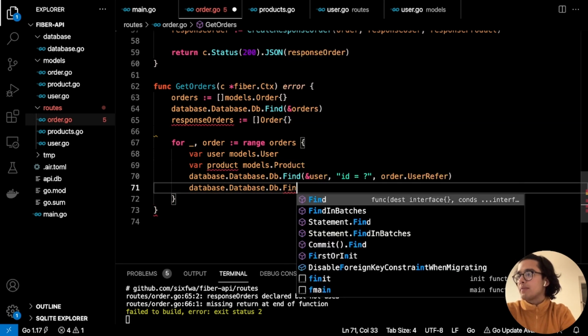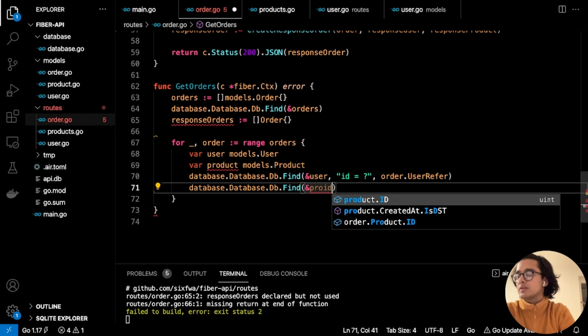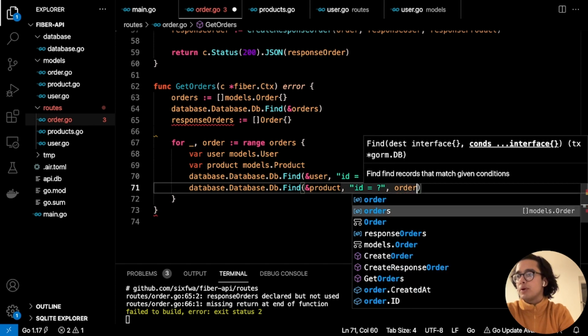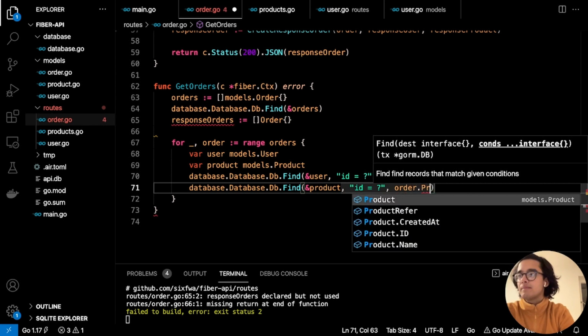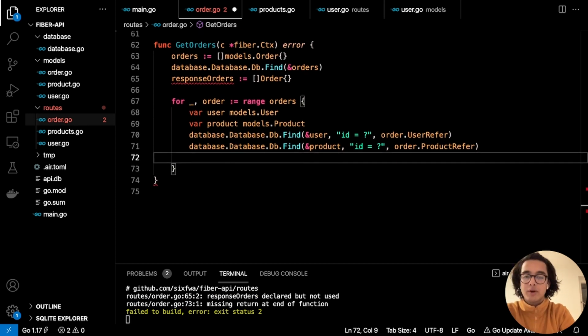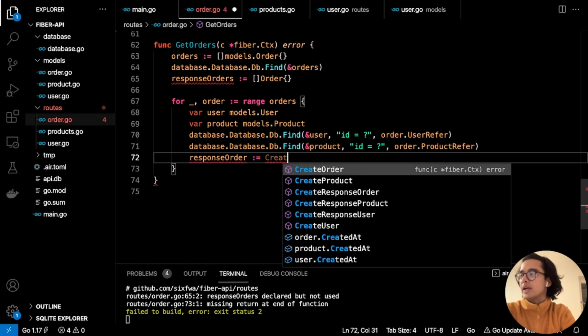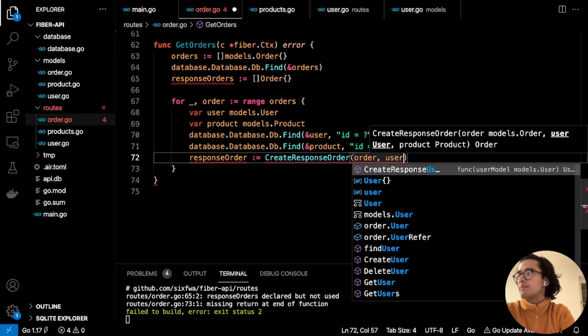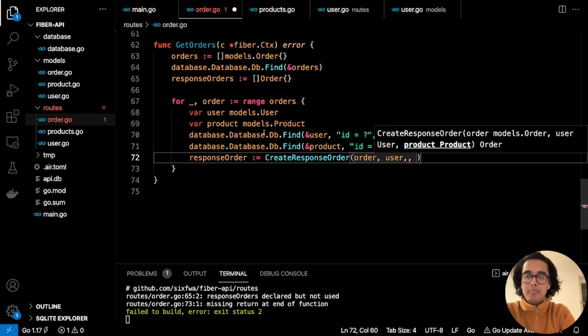And we'll do database.database.db find, and we'll do the same for product, where the ID equals order.product referrer. So now we have both the user and the product. Now we can create our response order, which is going to be create response order. We need to pass in the order itself. We need the user that we created here. And then we also need the